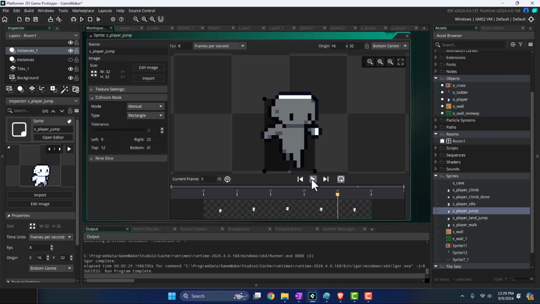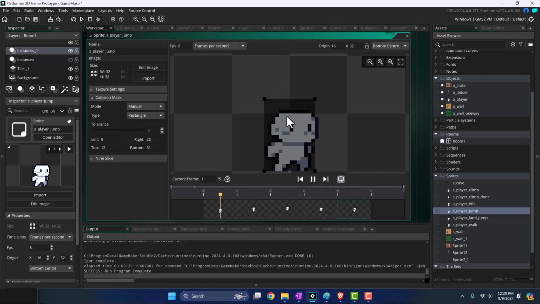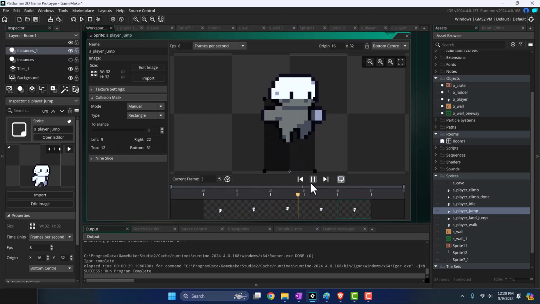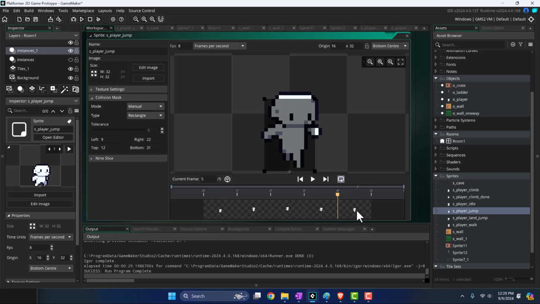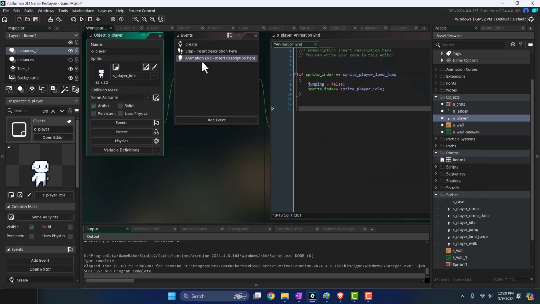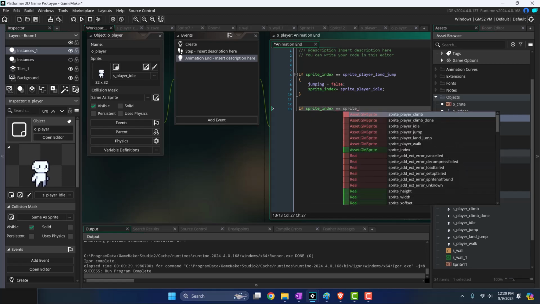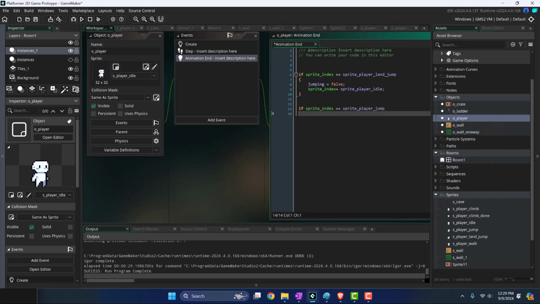When we're jumping, we don't want this to play over and over. Pretend we're falling down. We don't want this to play again and again and again. We want the player to do this once and then stay like this in the air until they land. Let's say you're doing a very large jump. The only way to do that is to utilize, again, this animation end event and say if sprite index is equal to sprite player jump,